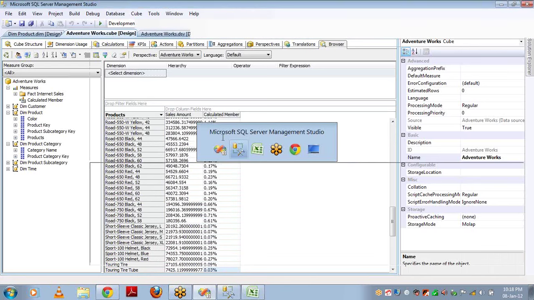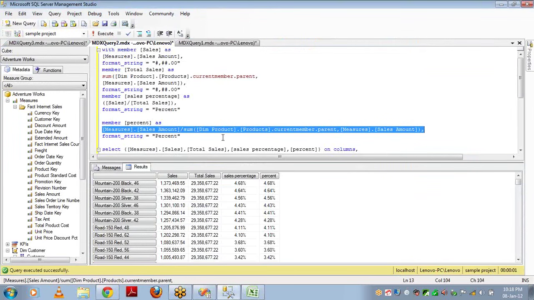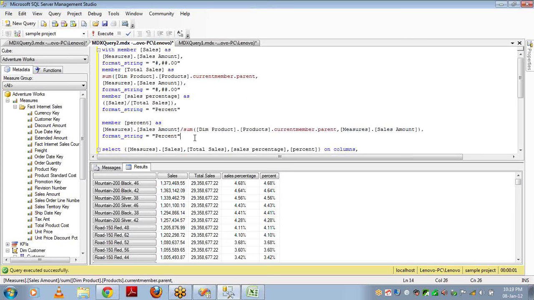So this is how you can create calculations. You can write calculations in three different ways: one using the keyboard, another with create, and another at SSAS. This is a simple calculation, and you can write many calculations like this. You can calculate the difference between this value and this value, and I will explain how to take the difference between two values with a simple calculation.